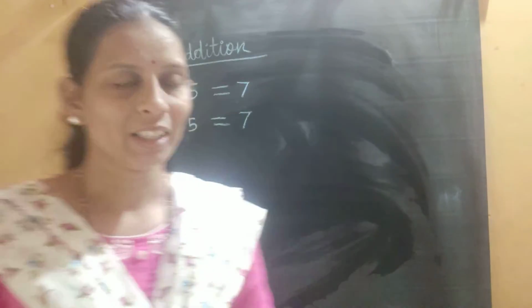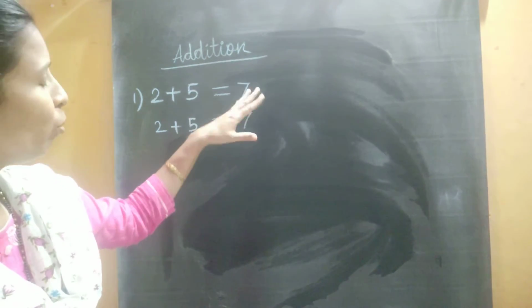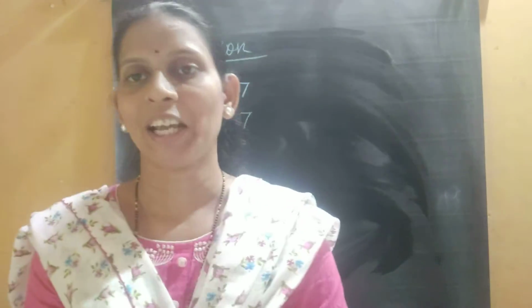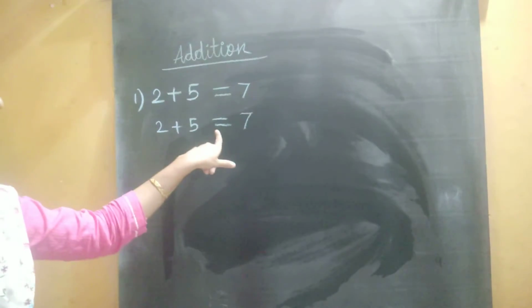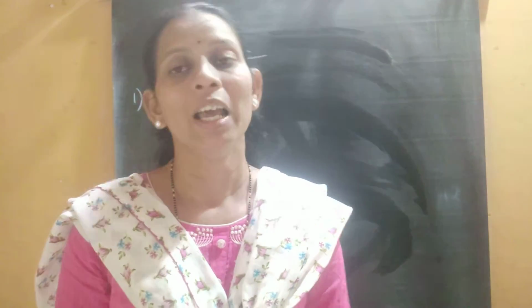But can you tell me which method is easy? Yes, Yash's method is very easy, because if we count like Rama, then it will take time. Correct? So this is the correct method and it is called counting forward. It means you are counting the next number. After 5 you are directly counting 6 and 7, and in this method there is no need to count from 1 to 7. So that method is called counting forward. Students, today we are going to see that method. Okay students, let's start and see some examples.